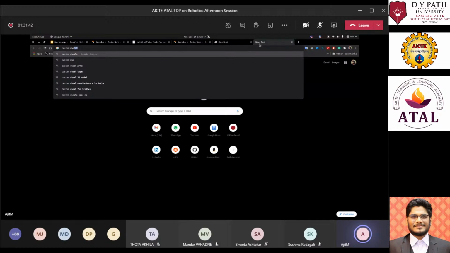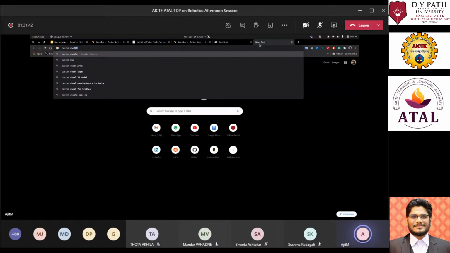You would have seen these kinds of caster wheels while making any robot. If you have made any line follower robots, you must have used these caster wheels to stabilize the robot. And these caster wheels, we don't control them. They are just there to stabilize the robot frame. Most of the controlling of the robot is done by the two wheels which we have in the back of the robot. We will be creating those two wheels as well, and right now we are creating this caster wheel.